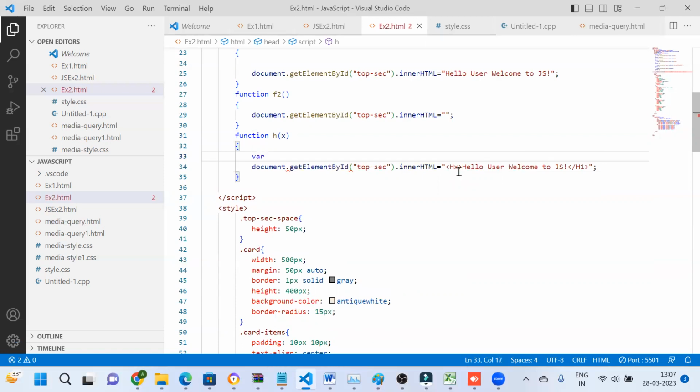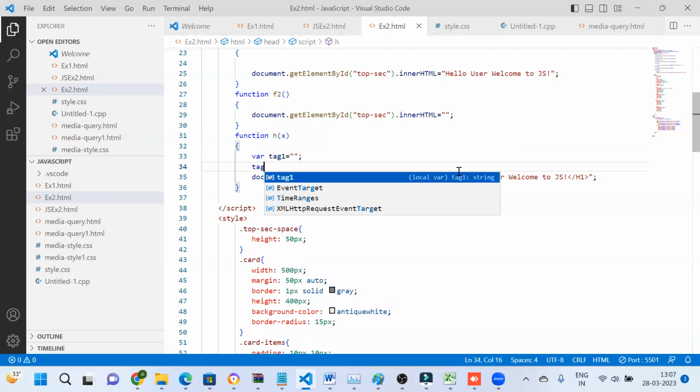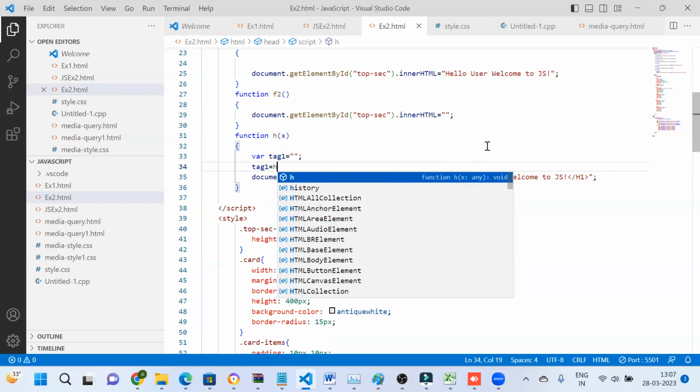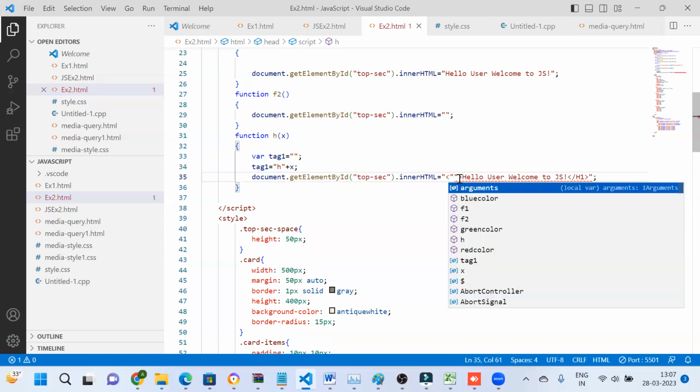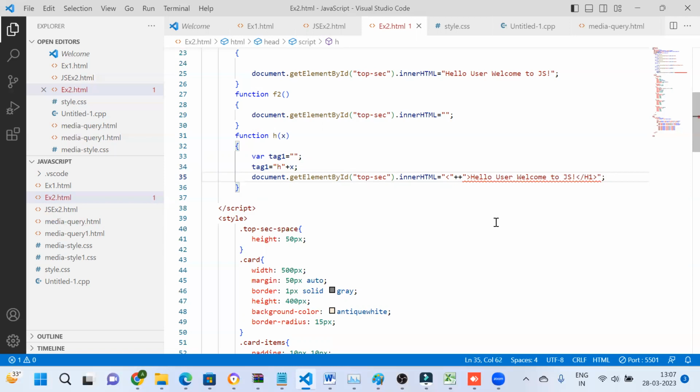वेरिएबल टैग, वेरिएबल बना रहे हैं, और इस टैग वेरिएबल में हम लोग क्या चाहते हैं, H प्लस X, और ये H जो है ये फिक्स्ड है, और X जो है वेरिएबल से आएगा, तो H1 H2 H3 ऐसा हो जाएगा। और यहाँ पे कुछ काम करें, यहाँ पे हम लोग देखते हैं टैग स्टार, और यहाँ पे हम लोग लिखते हैं